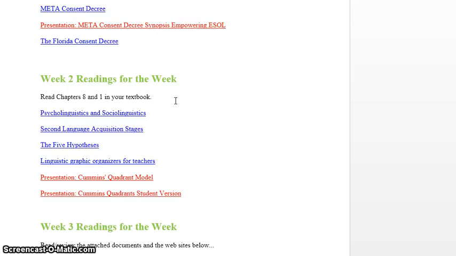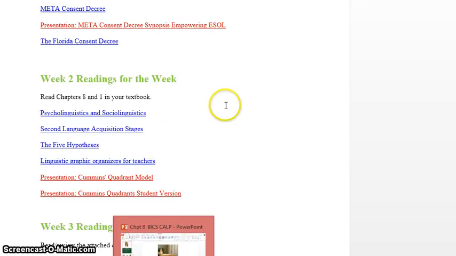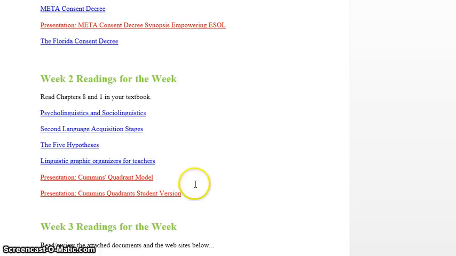I'm not going to bother sending you the other article. I'm going to just chat about Bix and Calp a little bit with you today in the way of a review because I have a feeling most of you have had it in other classes. So you do have quite a few things to pull up just to look at today. The majority of your time is going to be spent in reading your chapters, particularly chapter 8. Chapter 1 has a little bit of evolution in it again this week, so just a forewarning with that.